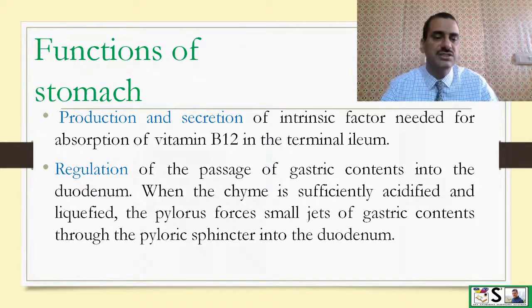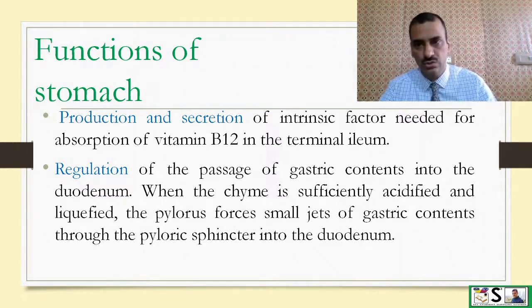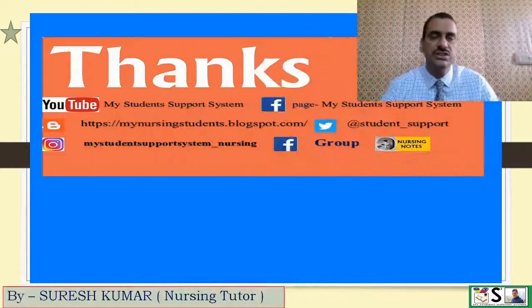When the chyme is sufficiently acidified and liquefied, the pylorus forces jets of gastric contents through the pyloric sphincter into the duodenum. So this is all about the